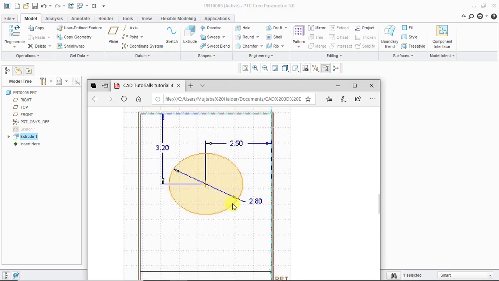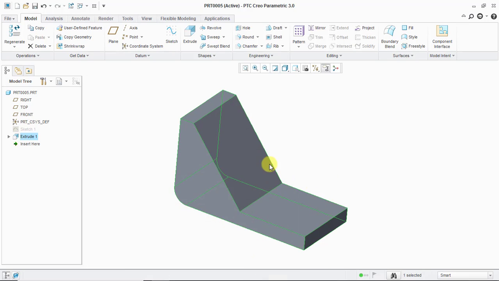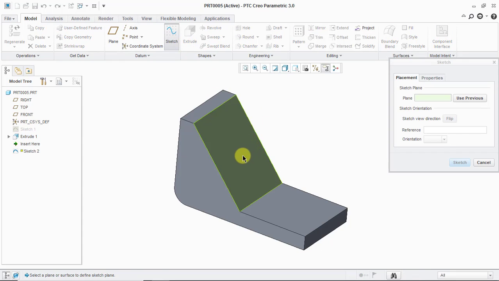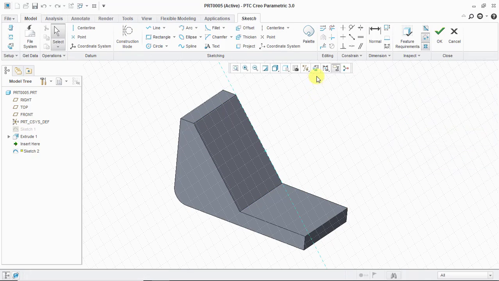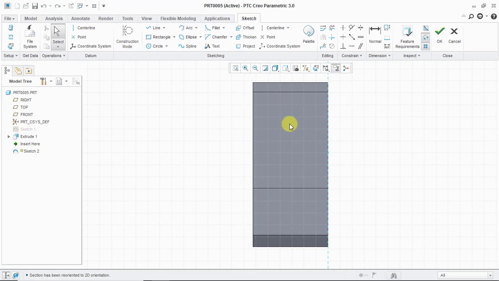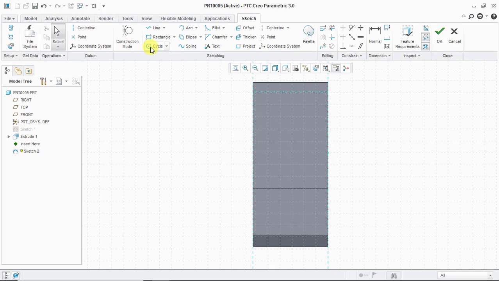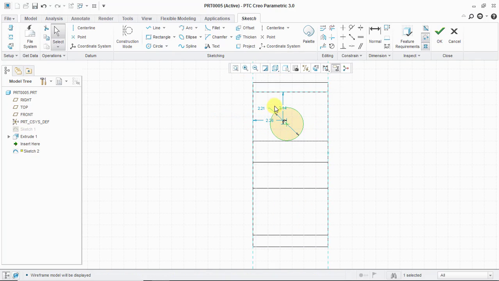So now, as you can see, this is the circle that we needed on the tapered surface, this surface. So click sketch, and click on this tapered surface, and select the sketch view. So now we are in front view, and take references and just simply make a circle. I'm going to turn off the shades so I can easily